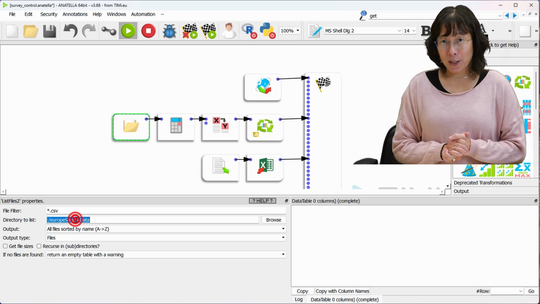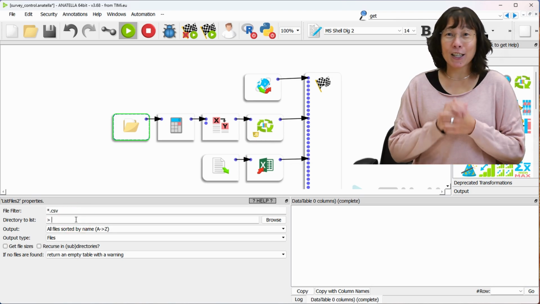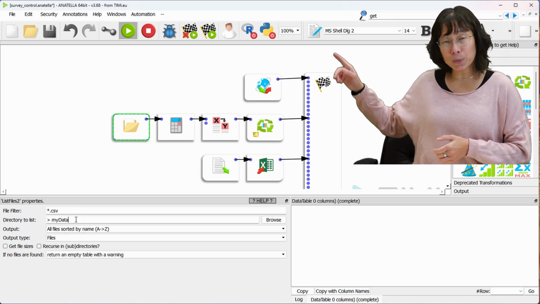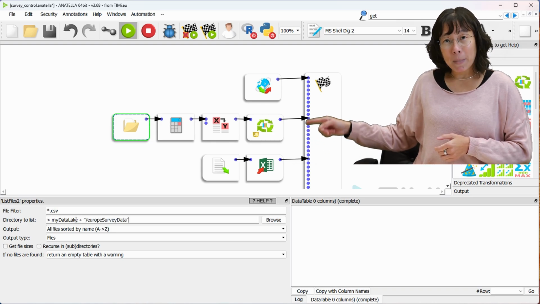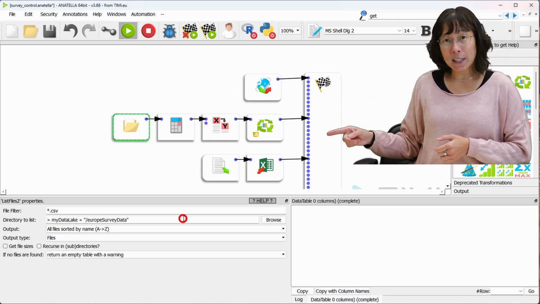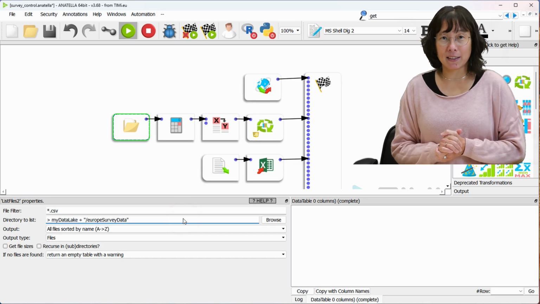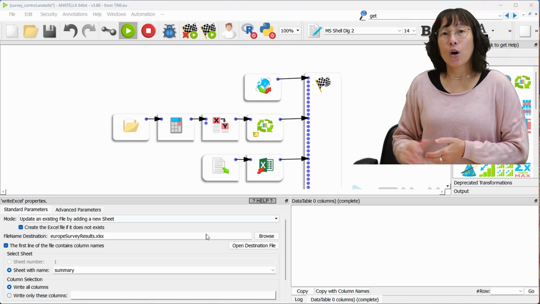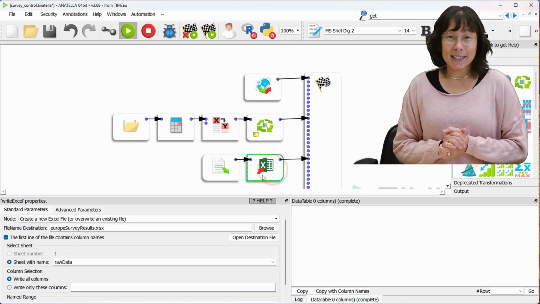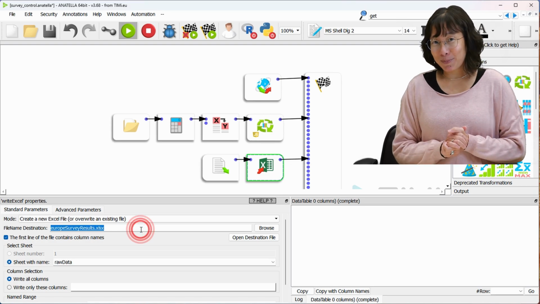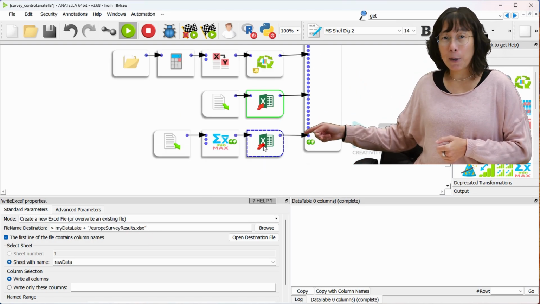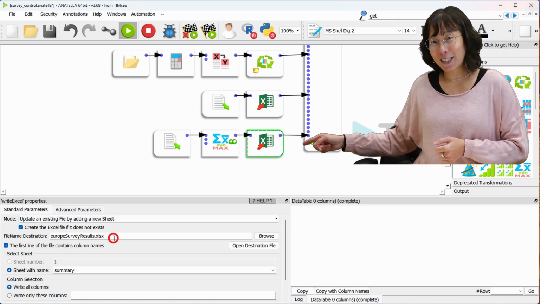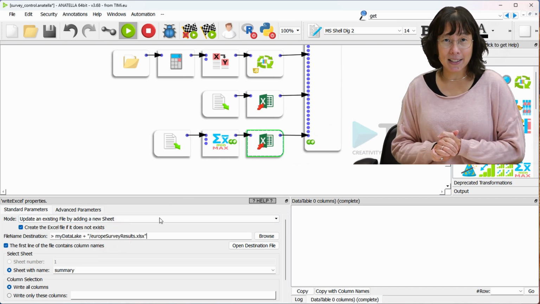Open the list file toolbox and change the directory to list parameter to magic character myDataLake plus Europe survey data. Open the two write Excel boxes and change the file name destination parameter to magic character myDataLake plus Europe survey result.xls.